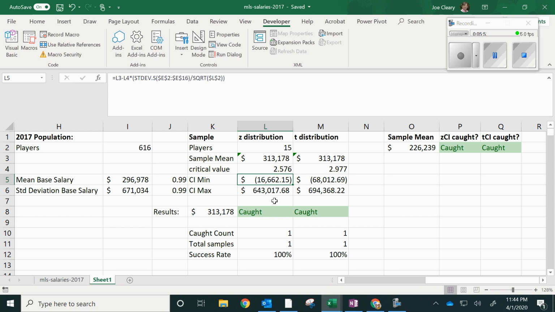This will give me the minimum value, and I do it again for the maximum, adding the margin of error. Then I go back and do the same thing on my t interval, where I again subtract the margin of error calculated here from the mean, and then do the same thing, but now add the margin of error